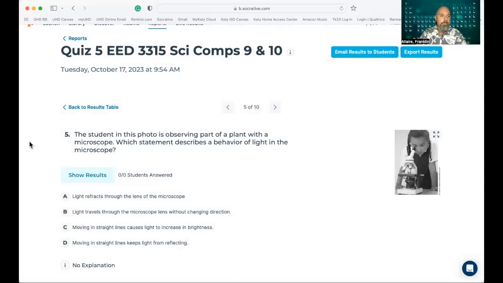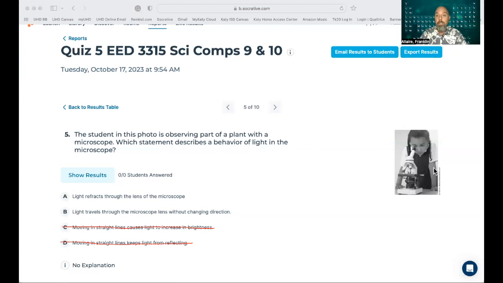And so we can do some process of elimination here. Because moving in straight lines keeps light from reflecting, that really doesn't make any sense. Moving in straight lines causes light to increase in brightness. That doesn't make any sense either. Neither of those are really related to anything and don't have anything to do really with this particular microscope. So we're left with a 50-50 choice. Either A, light refracts through the lens of the microscope, or B, light travels through the microscope lens without changing